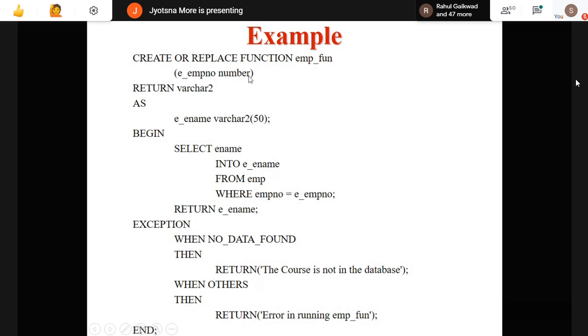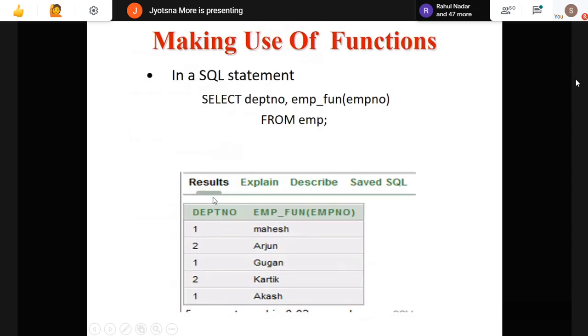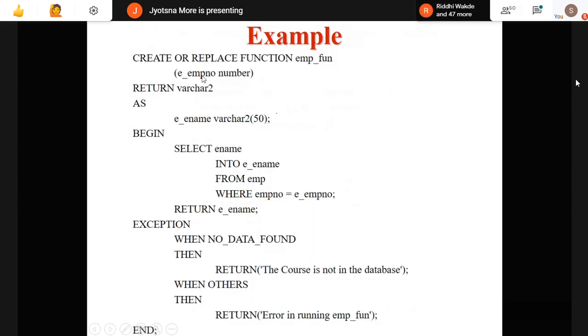EMPNO is a number, and it is an input. So I am getting EMPNO here, and I want to replace this EMPNO with ename, the employee name. So the return value data type is for this EMP.